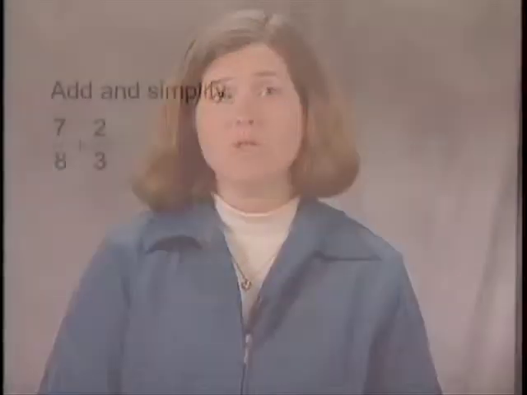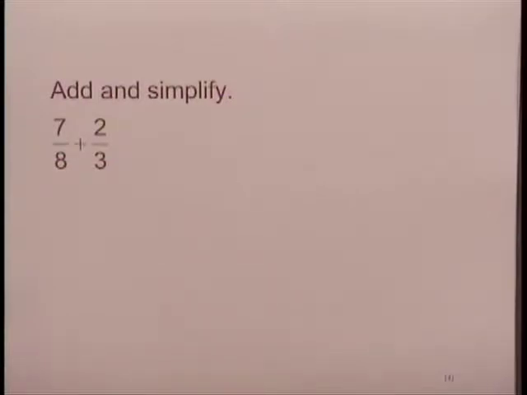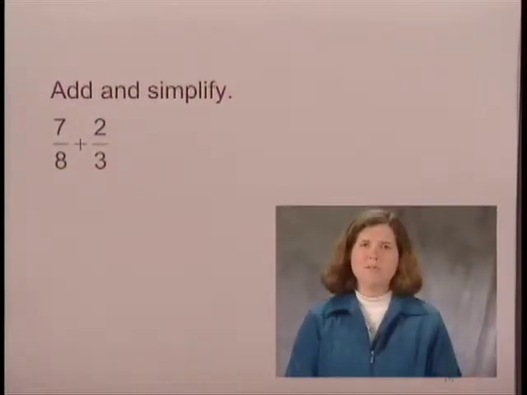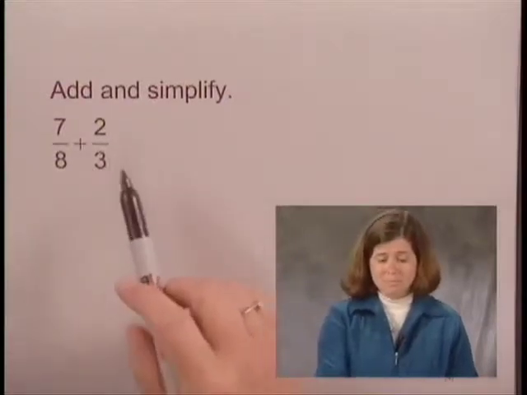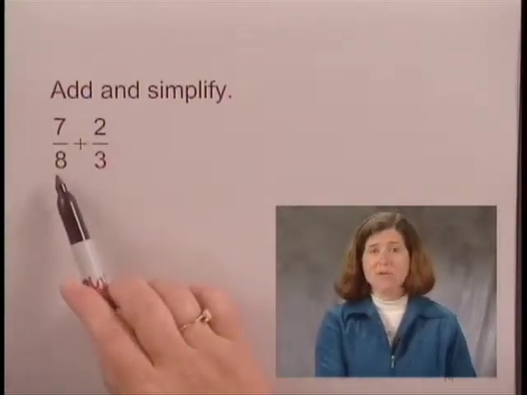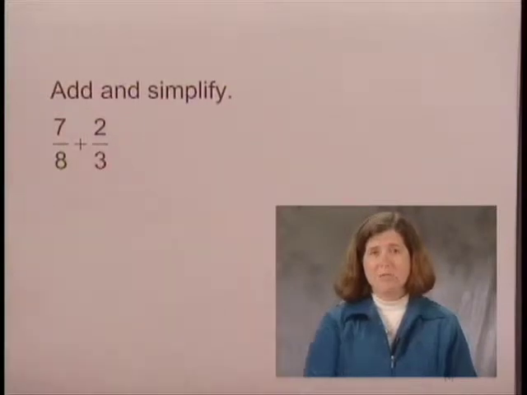We're asked to add and simplify 7/8 plus 2/3. Whenever you add fractions, the very first thing is to get a common denominator. Looking at these fractions, the denominator of the first fraction is 8, the denominator of the second fraction is 3. So we will need to rewrite the fractions in order that they have common denominators before we can actually add